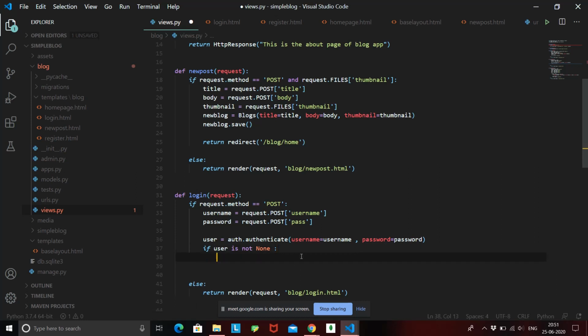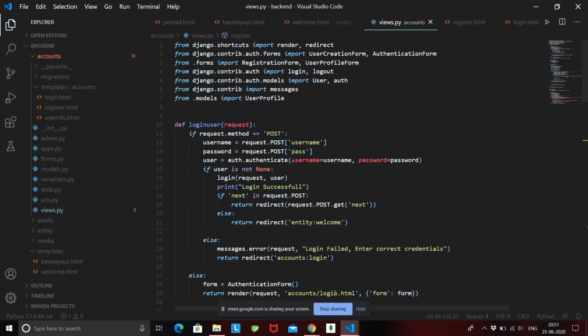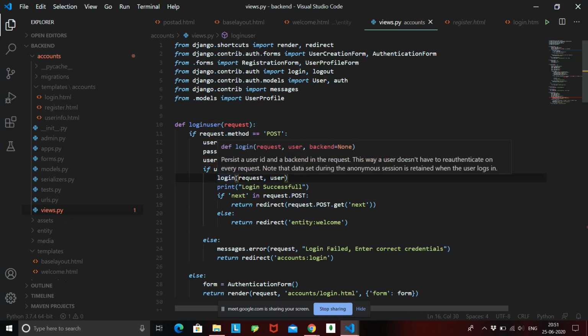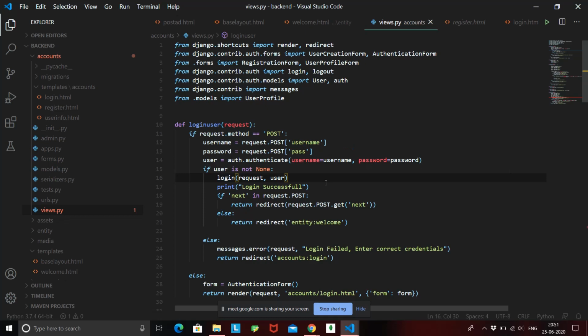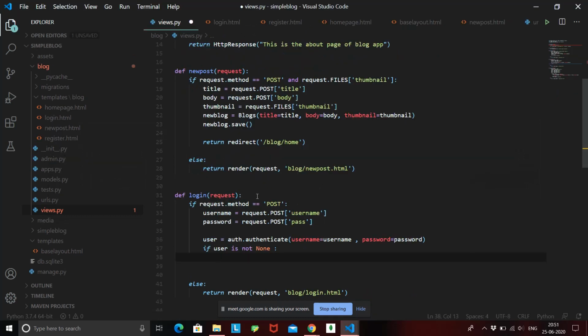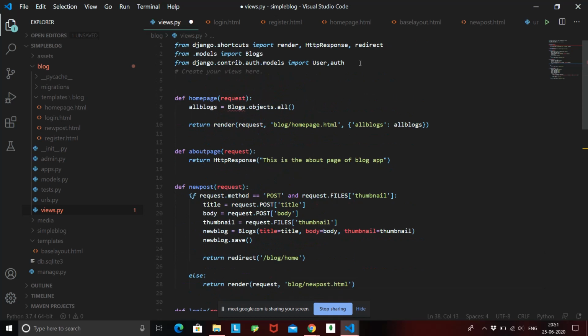And to log him in, we have another function that Django provides, this login. And what do we have to log in? We have to log in this user. Okay, and where is this login function coming from? It is also again coming from a Django package, that is contrib.auth. So let's try to import those packages inside our folder.